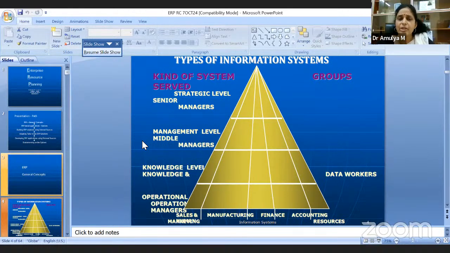You can add as many as you want. In a big organization, you will have as many departments as you want, depending on the convenience of the organization. As the complexity rises, the number of products rises, and the number of geographical locations rises, there will be many branches. And at each level, there will be a data flow.